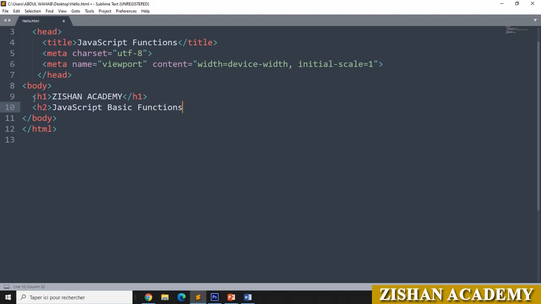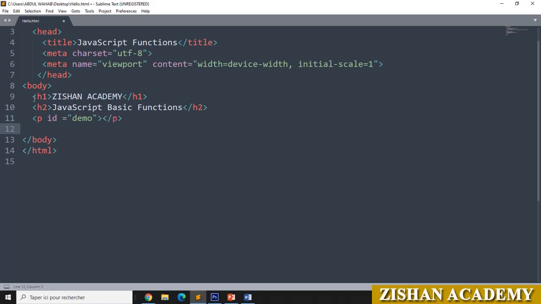Close this H2 tag. Then we'll go for one paragraph here. P ID equal to double quotes, any name you can give it here. I'm giving here as demo. Close this and you have to close the P tag.